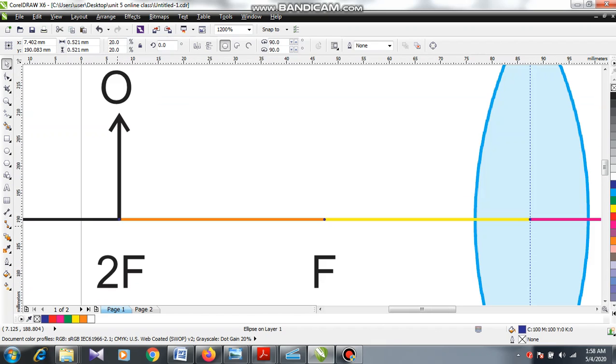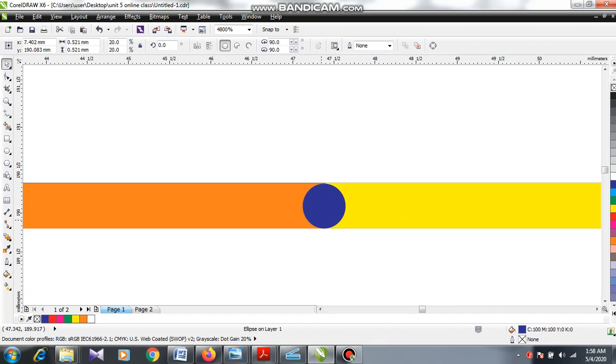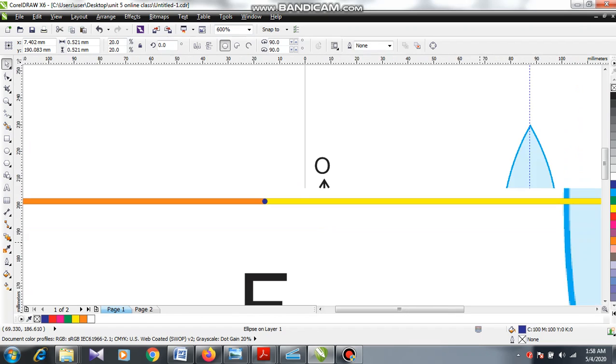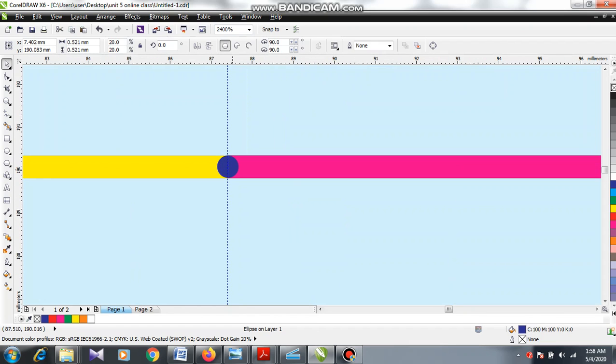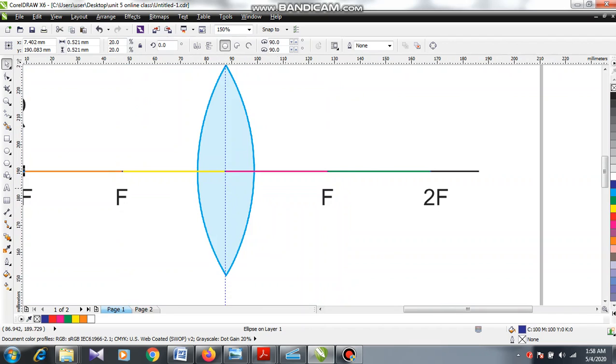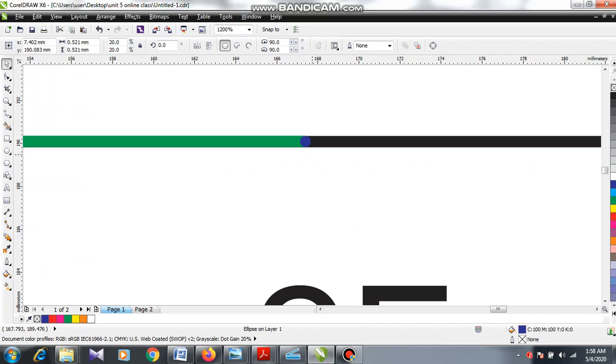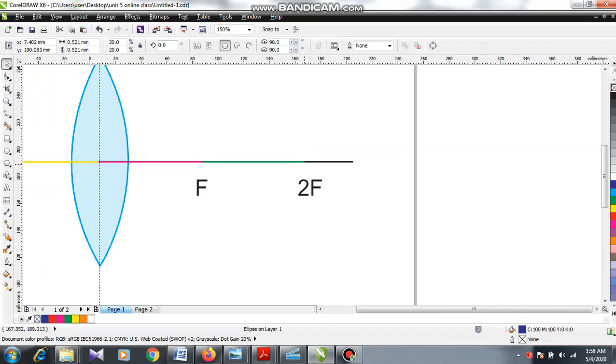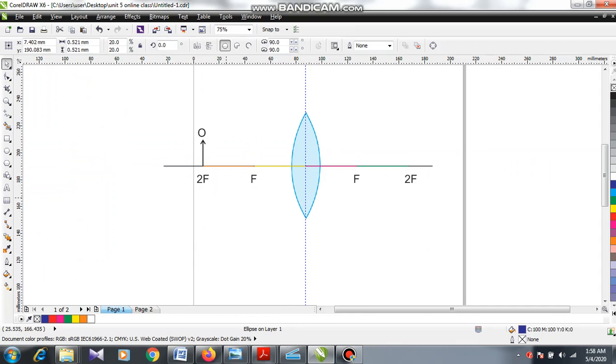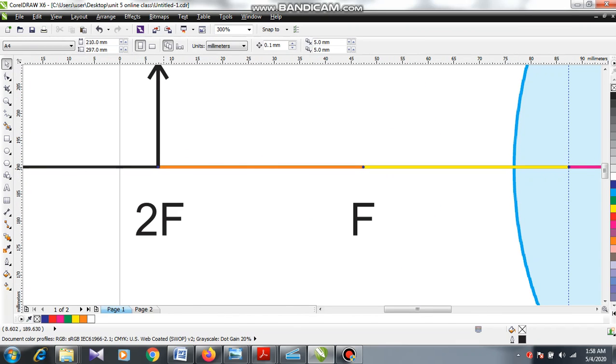Okay, that is the F point. Here is the 2F point, and this is the F point. Here is the optic center, and here is the other focal point. You have to make these dots very small. You should not make them thick. In the previous video I made bigger ones, because bigger dots don't cause many problems in that diagram, but in this diagram it should be just a dot, not thick.